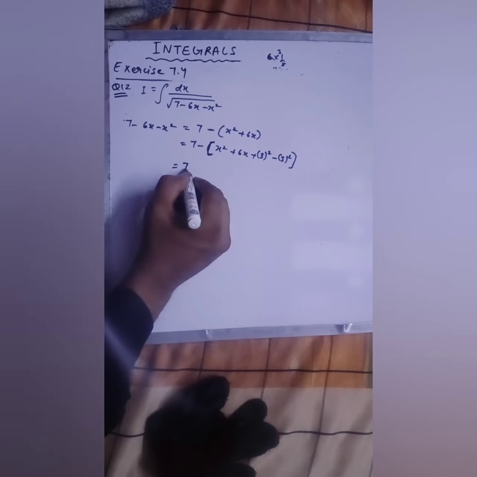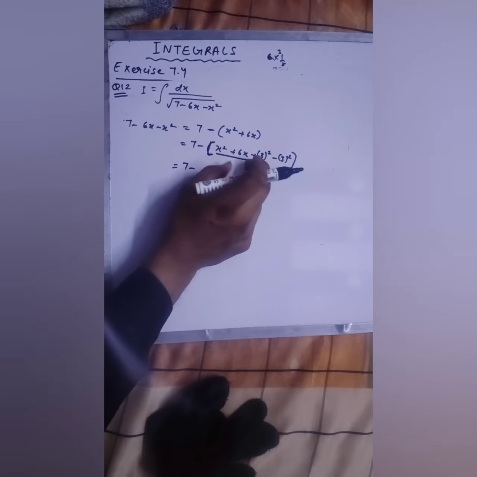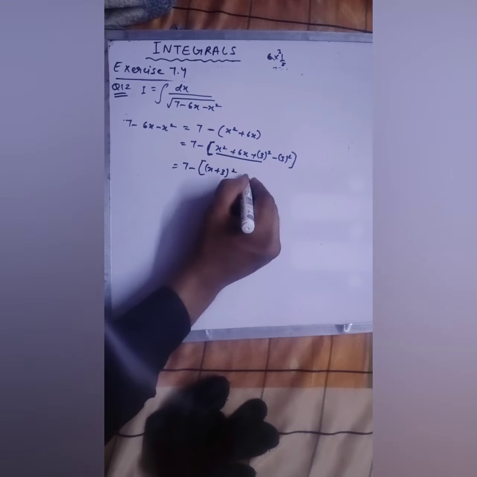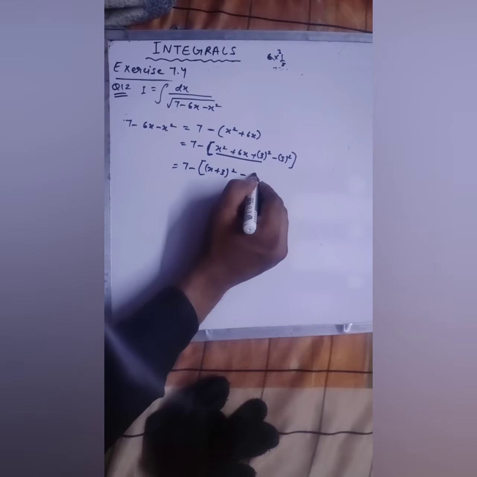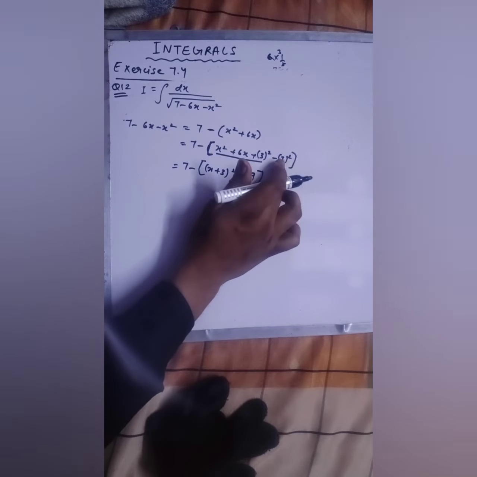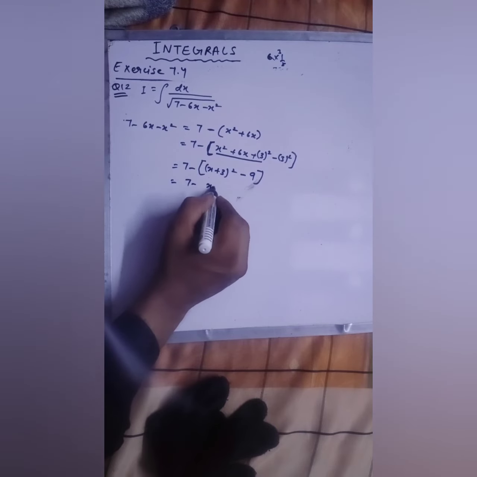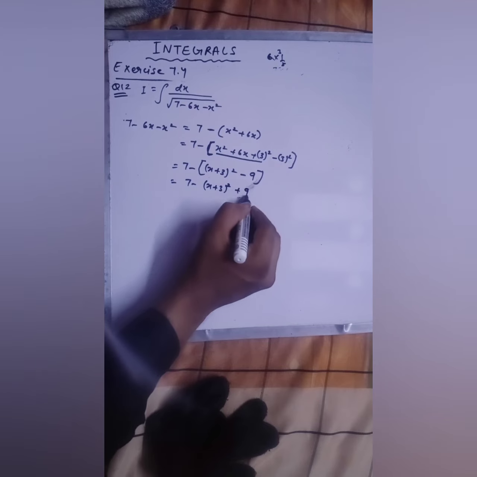Okay. And then you will convert these 3 into the formula, that is x plus 3 whole square minus this is your 3 square, that is, you can write it 9 also. This 3 square can be written as 9. So when you open the bracket, here you will get x plus 3 whole square plus 9.